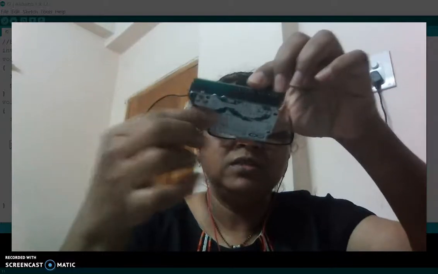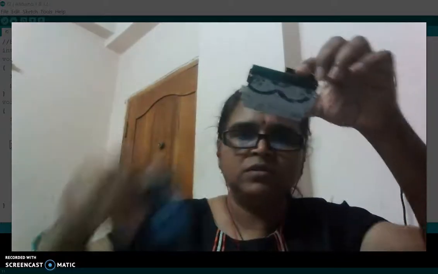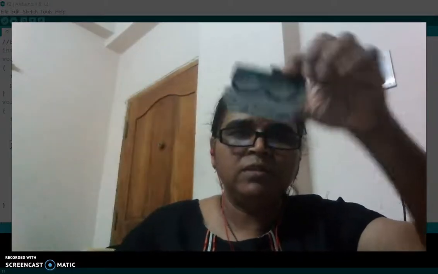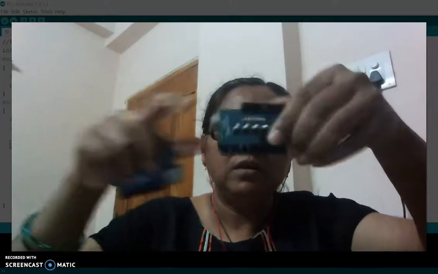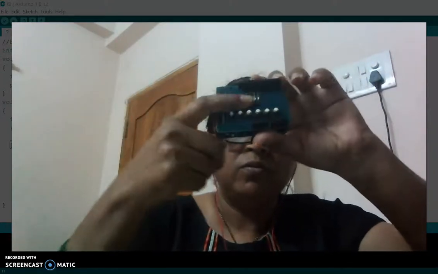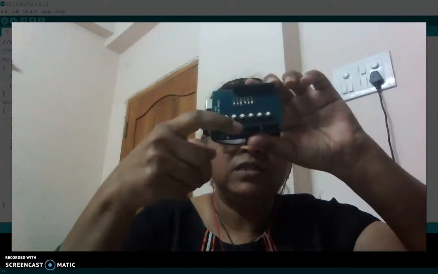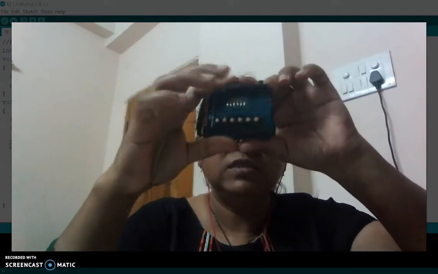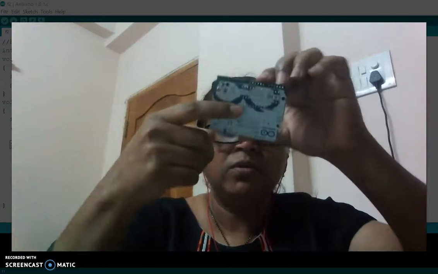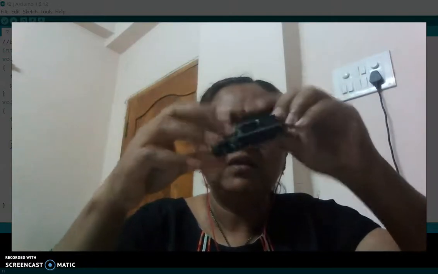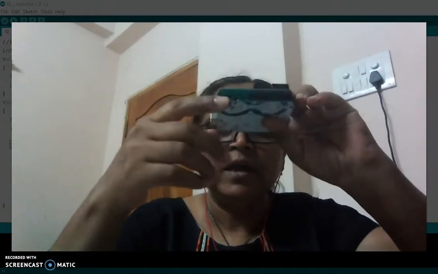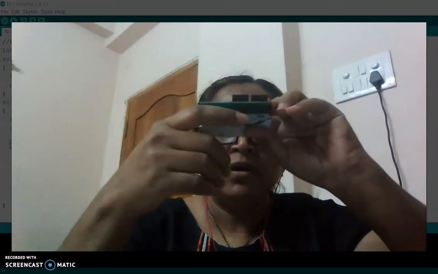The bottom shield is the actual Arduino. On the top we have one more board, the LEDs and switches shield. This shield is attached to the bottom board, and the LEDs are connected to the 8th pin to the 13th pin of the Arduino board.